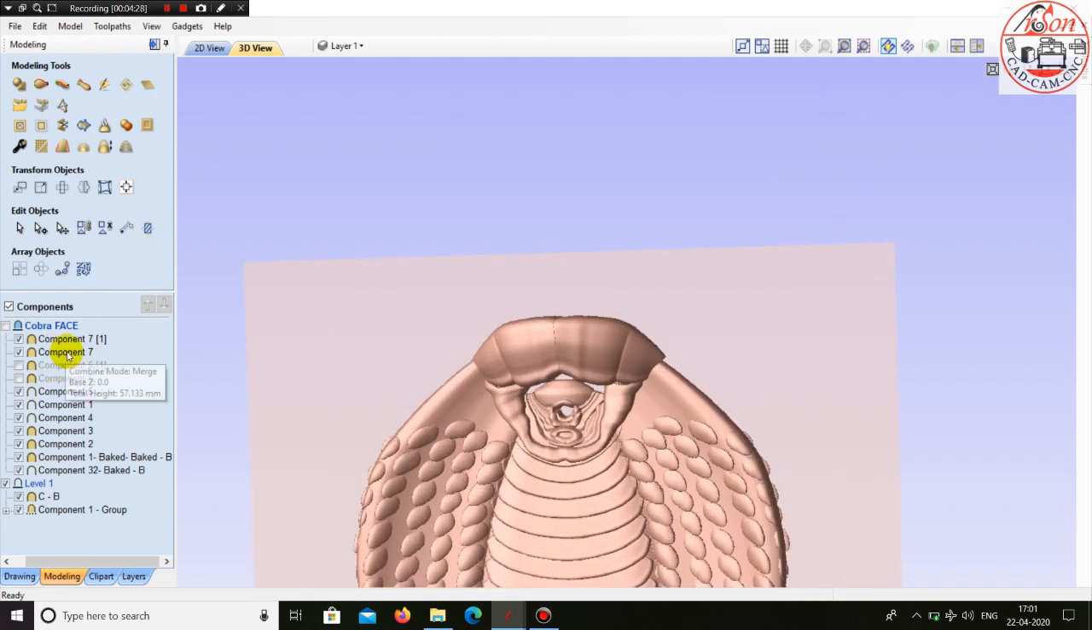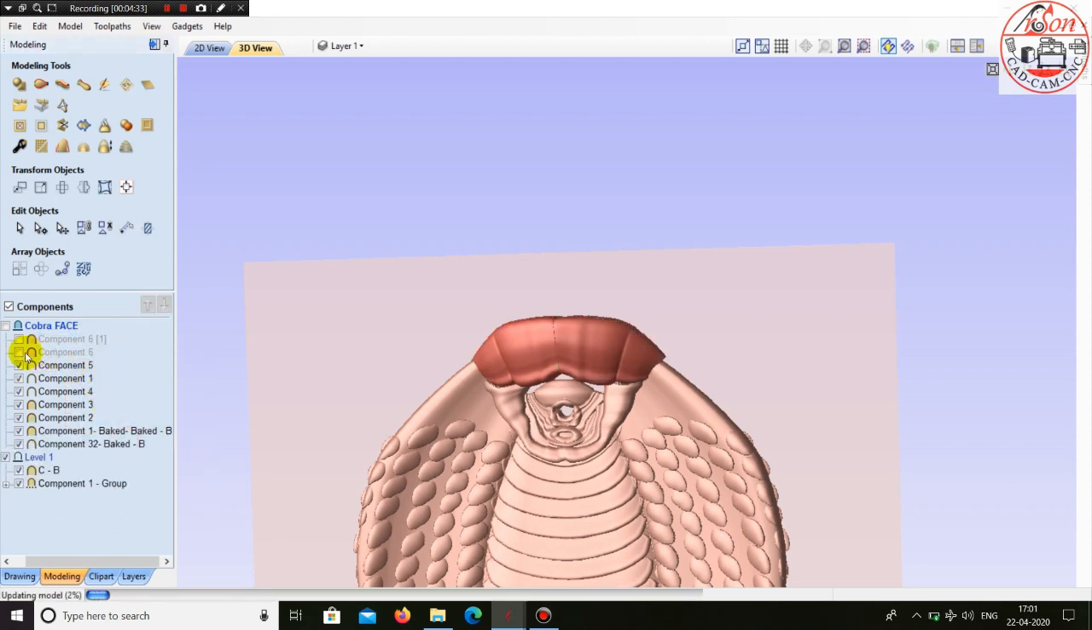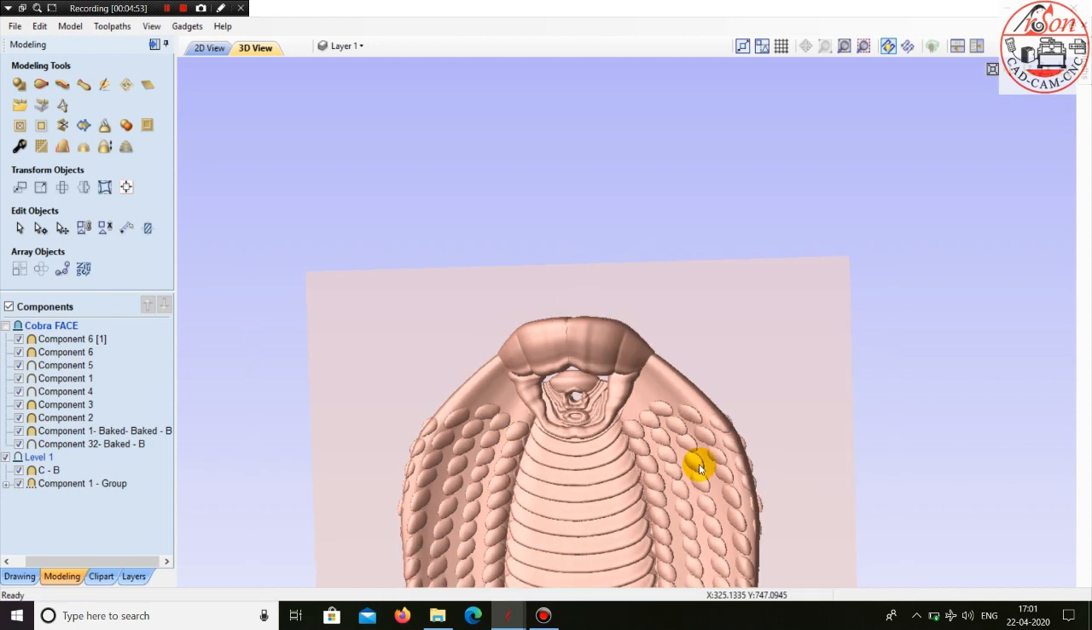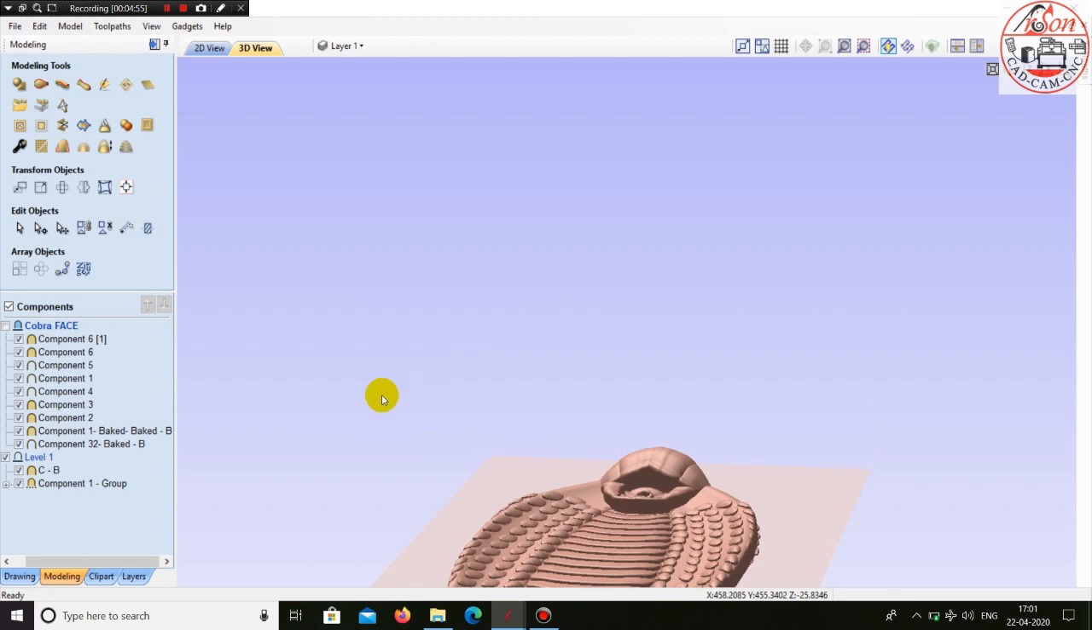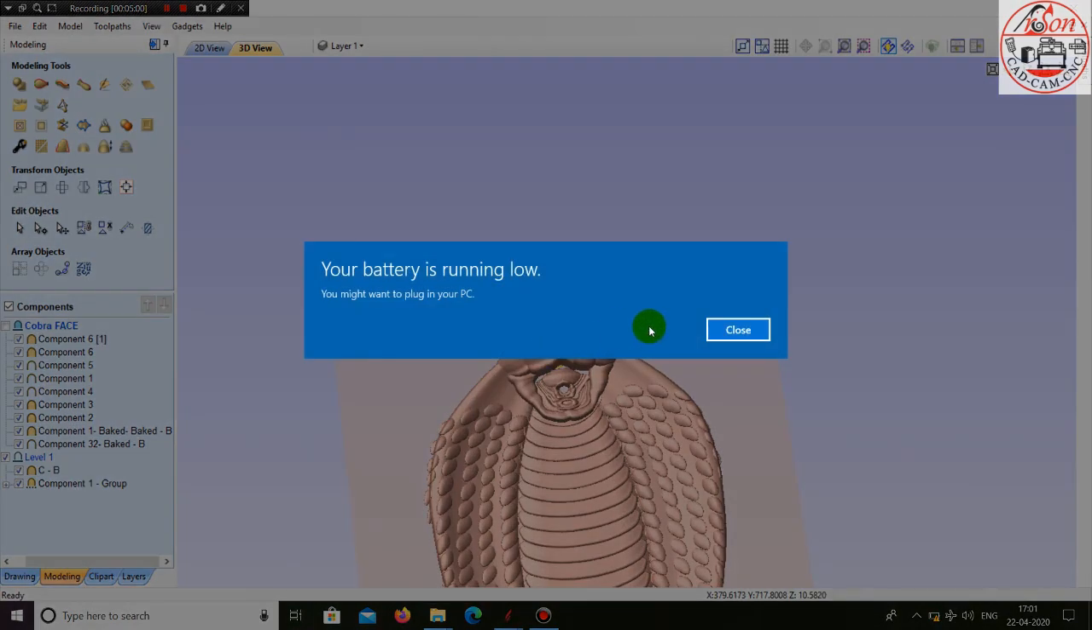Okay, so I have drawn it already. These two components I have drawn, so I will be deleting this. मैंने ये पहले से ही ड्रॉ करके रखा है, तो ये मैं डिलीट करके ये जो मैंने ड्रॉ किया है मैं उसको अनेबल कर रहा हूँ। यहाँ पे आप देख सकते हैं ये मैंने ड्रॉ कर दिया है स्नेक का अपर जॉ।